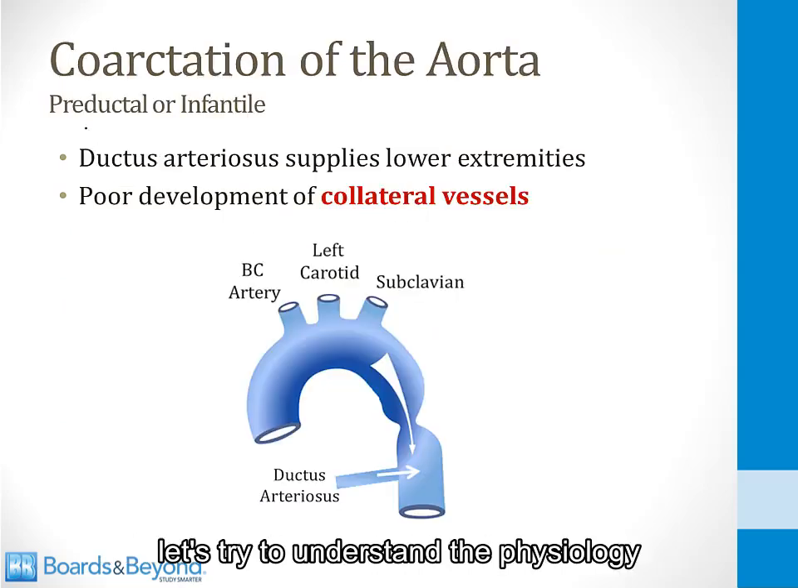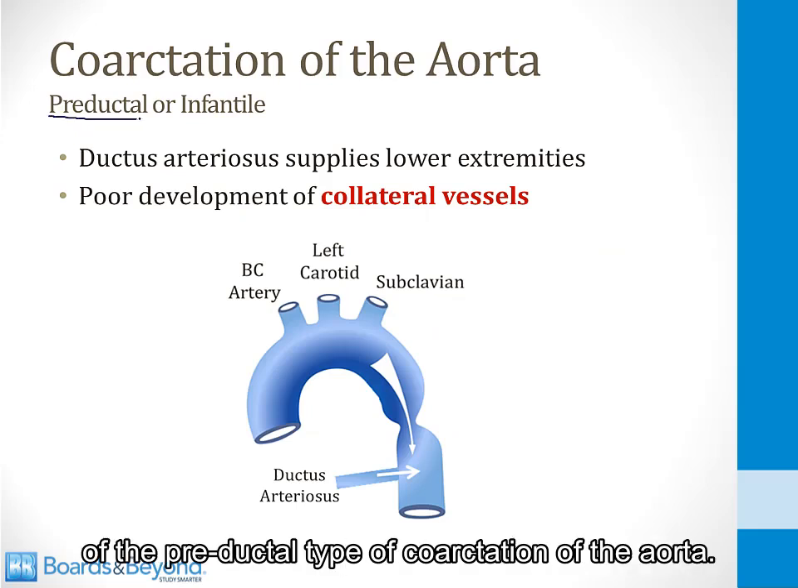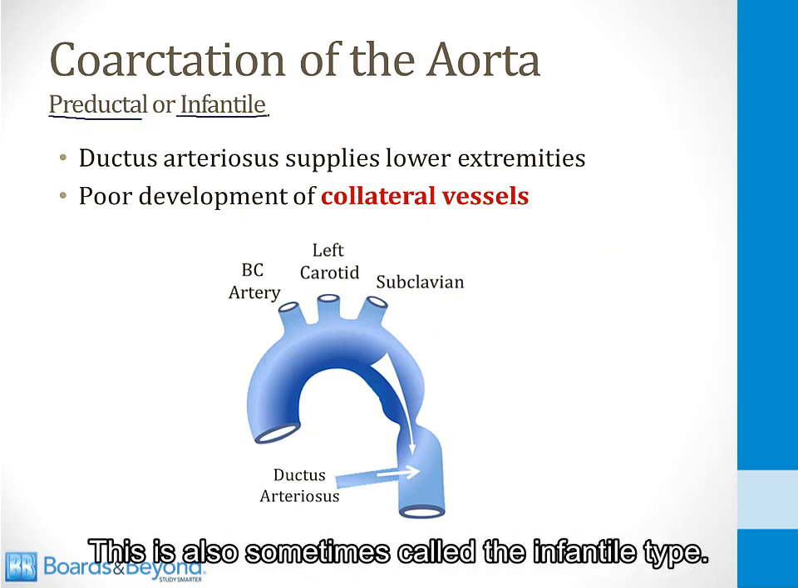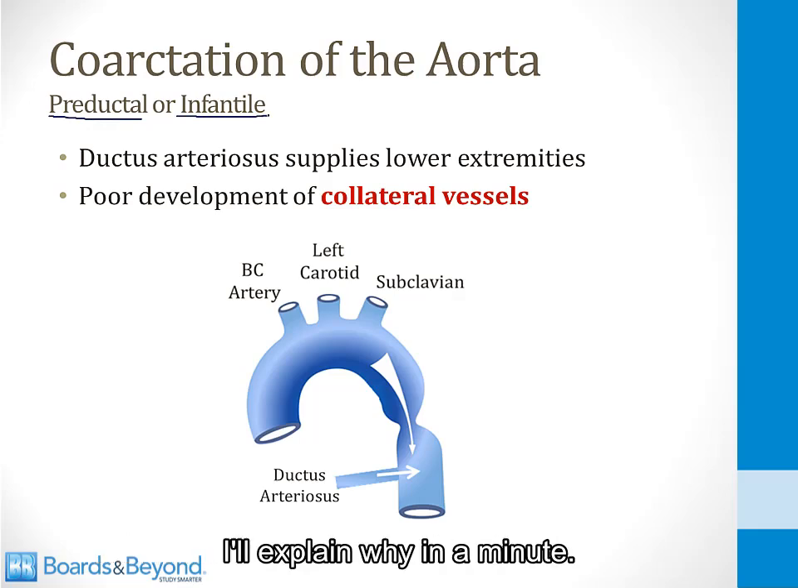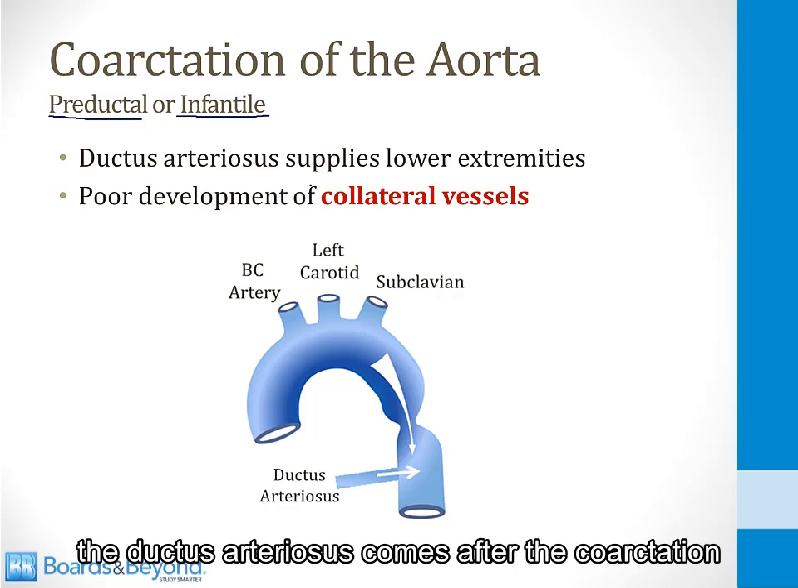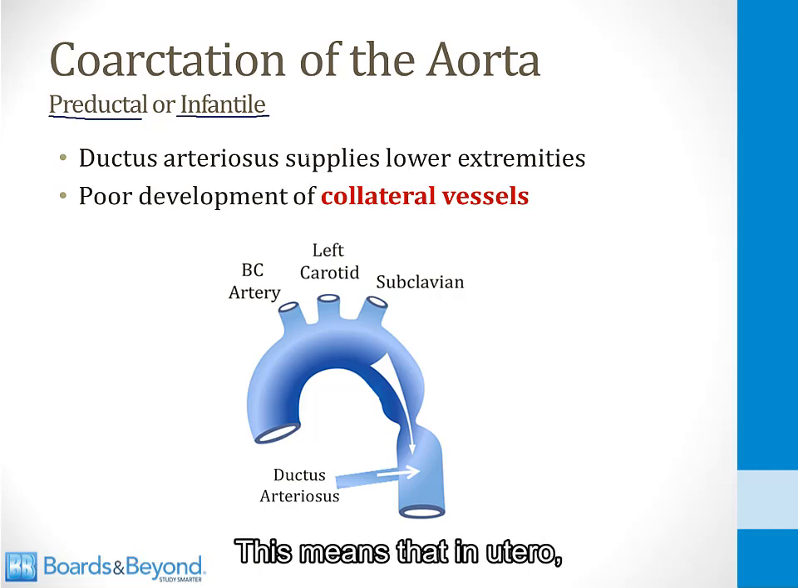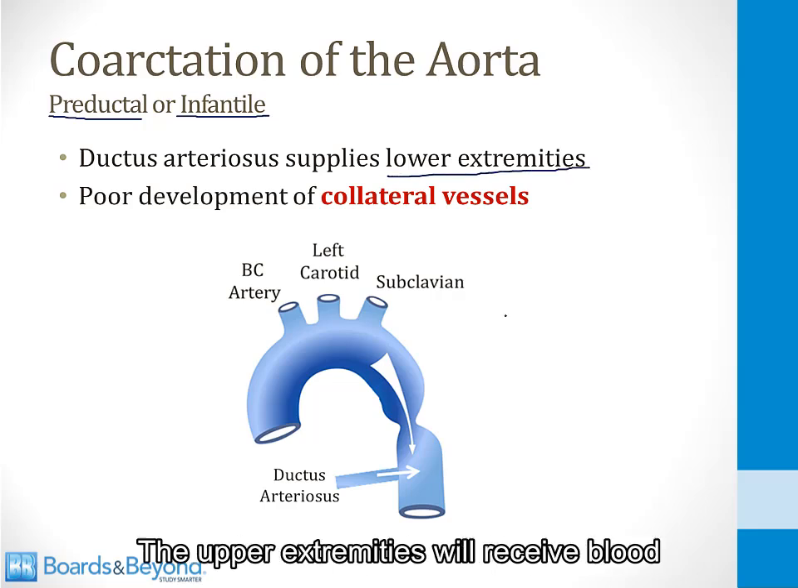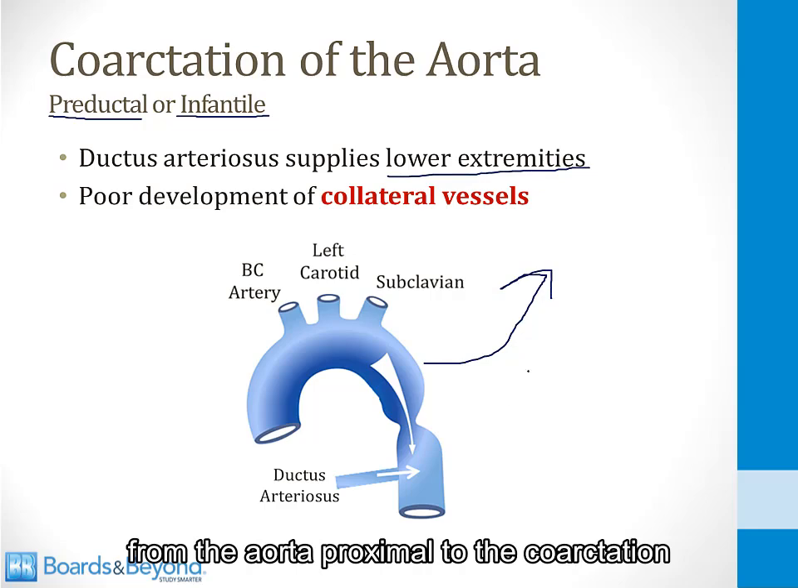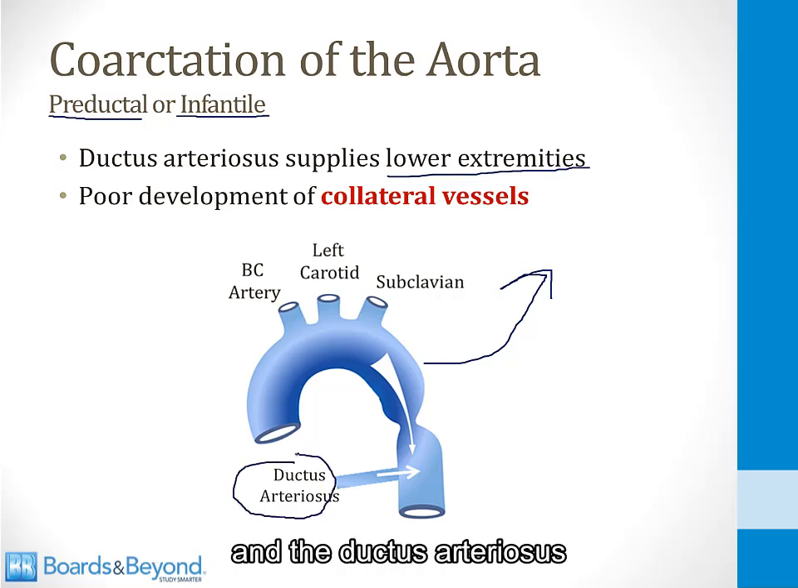So with that in mind, let's try to understand the physiology of the preductal type of coarctation of the aorta. This is also sometimes called the infantile type. I'll explain why in a minute. So in this situation, the ductus arteriosus comes after the coarctation, as I've shown in this drawing on the screen. This means that in utero, the ductus arteriosus will supply the lower extremities with blood. The upper extremities will receive blood from the aorta proximal to the coarctation, and the ductus arteriosus will supply blood